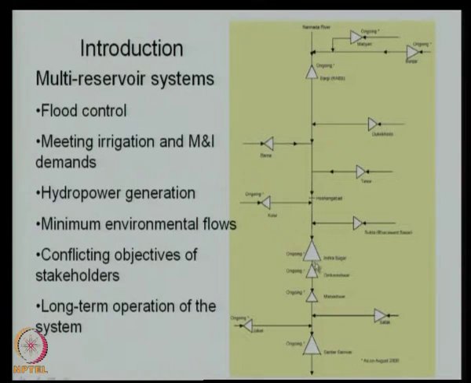Then we also start looking at how best you can use the water in the Indira Sagar, how best you can use the water in the Sardar Sarovar and so on. But as you can see, what is happening at the Sardar Sarovar is a function of what is happening all through the upstream. For example, how much water has been let out from Indira Sagar through Omkareshwar, through Maheshwar into Sardar Sarovar. So, this forms an integrated system. We cannot do anything in isolation at one of the reservoirs without affecting the downstream points.